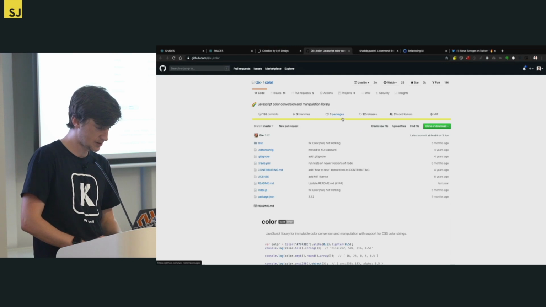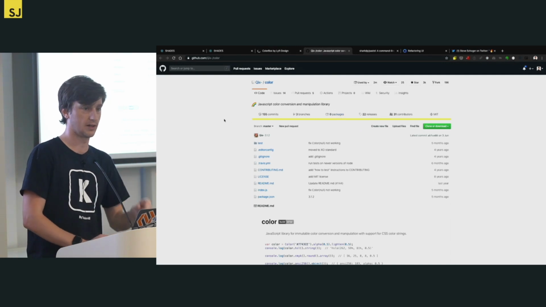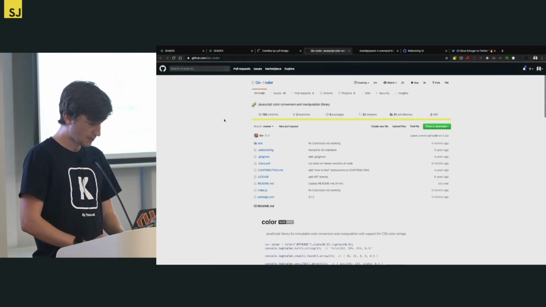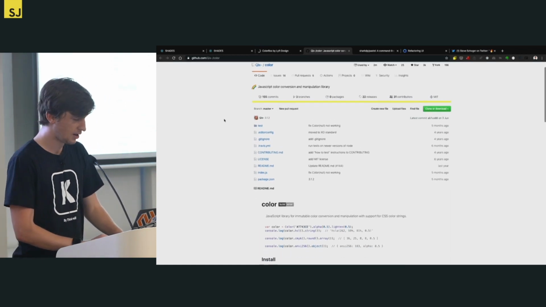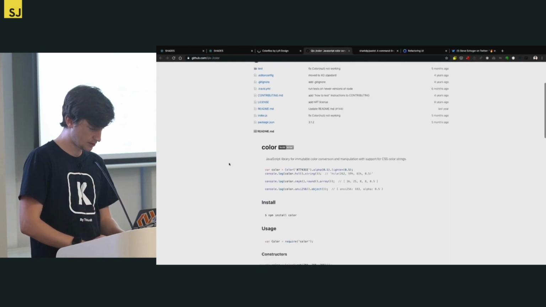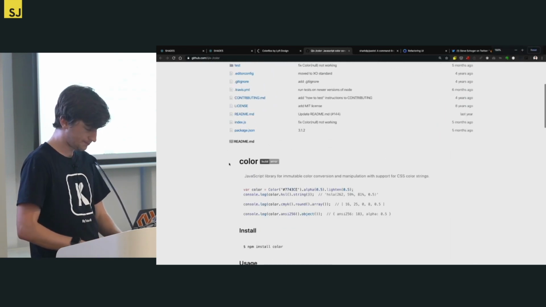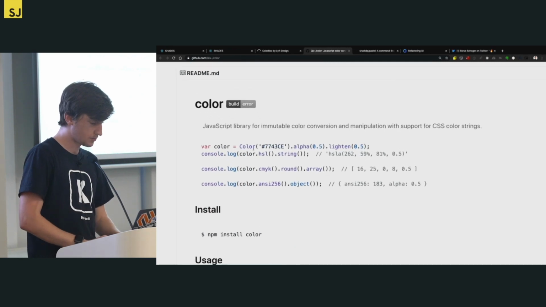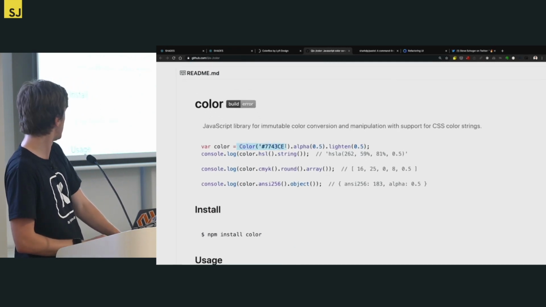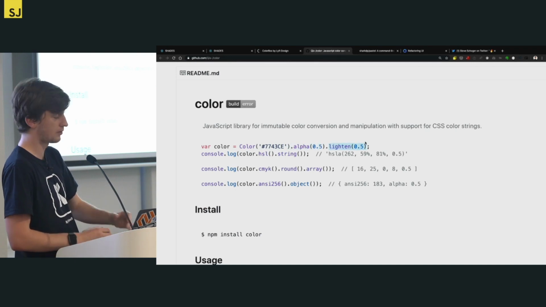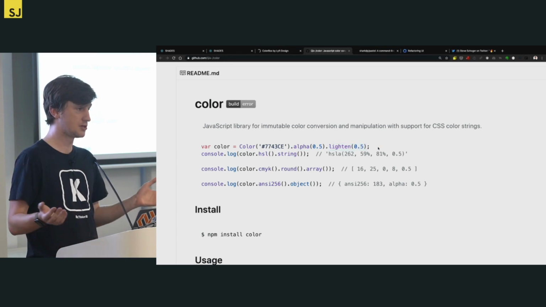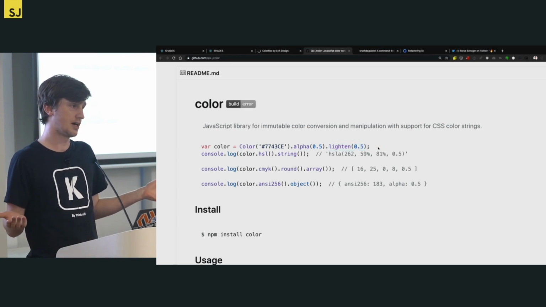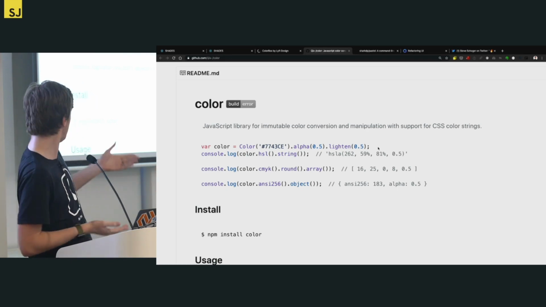Another resource is, I'll tweet all these as well, so you can grab a link on my profile. Another one is called Color from Quix or something. It's a package that you can download. I'm big into that a little bit as well. You create a color, pass in a hex string, RGB, whatever you like, and then you can adjust the alpha, you can make it lighter, make it darker, change the hue, all the rest of it. In case you don't want to make your own RGB to HSL conversion library, you can use that as well,